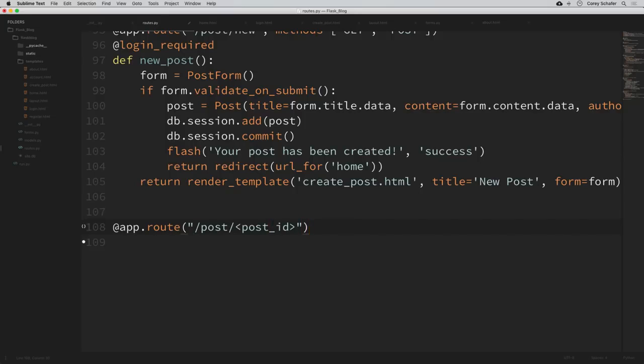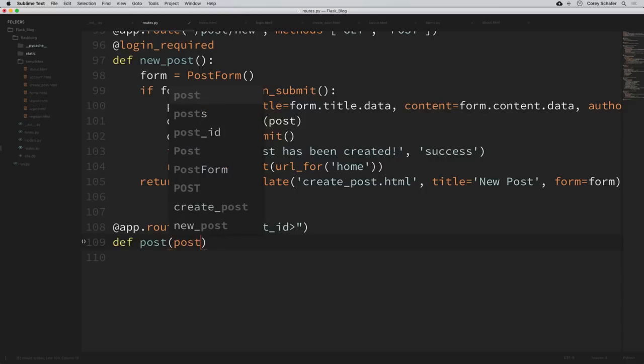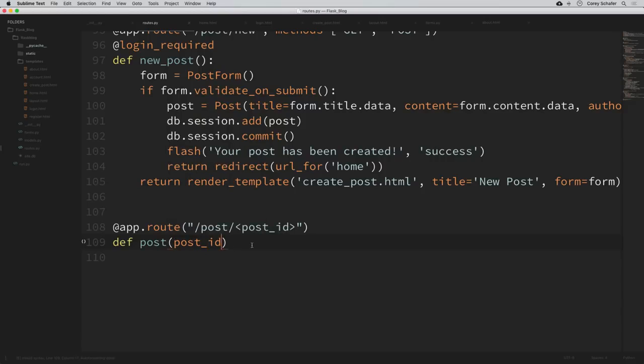So we also need to add that to our route function. I will just call this route post and pass in that post_id as an argument there. And we can actually make these variables even more specific if we want. For example, you can specify whether you expect the variable to be a string or an integer or something like that. Now we're going to be expecting a post ID, and that's going to be an integer. So we can simply come up here and say int: then post_id. Okay, so now within this route,